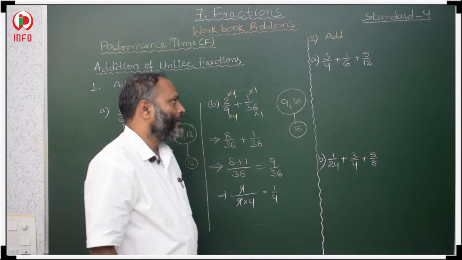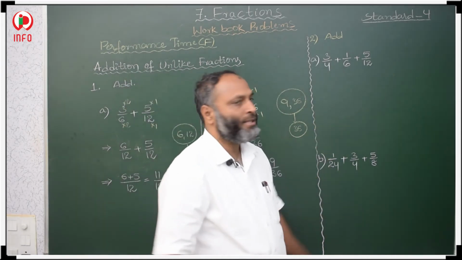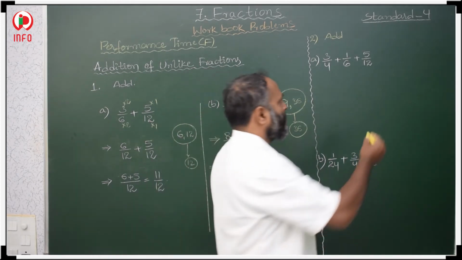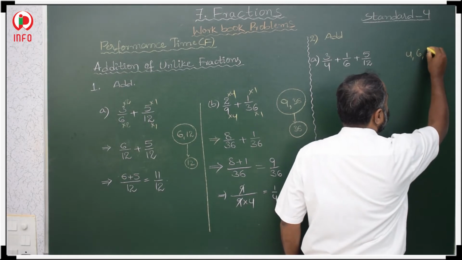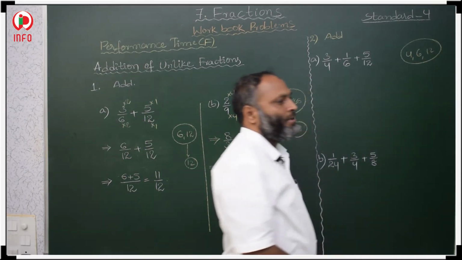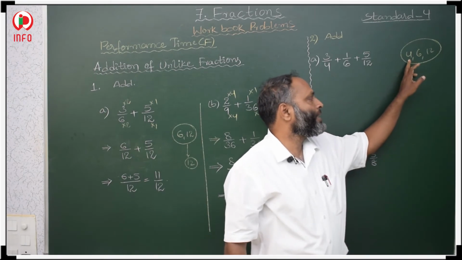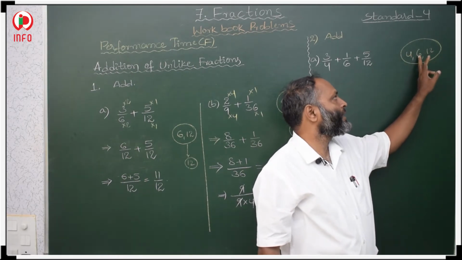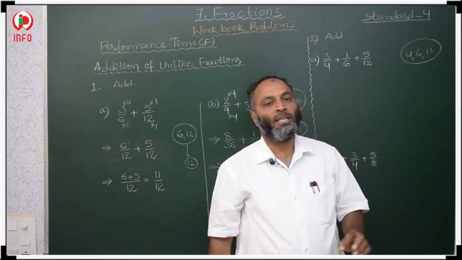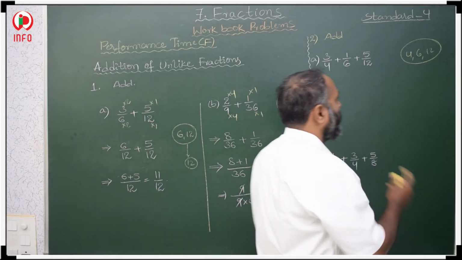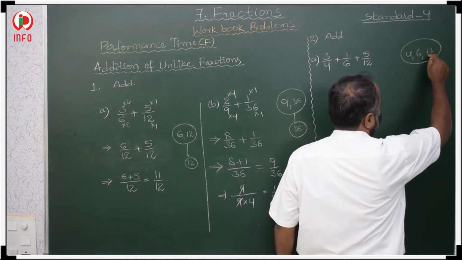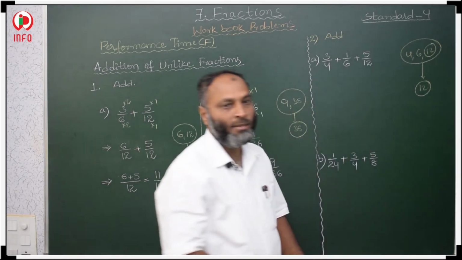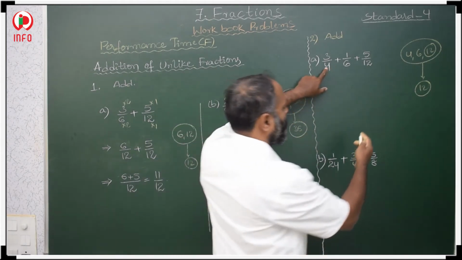Okay. Now, here also unlike fractions are given. Unlike fractions, how to add? The same procedure. Here, we have to find the LCM of 4, 6 and 12. Observe carefully: 4 is a factor of 12, and 6 is also a factor of 12. 4 3s are 12, 6 2s are 12. So both 4 and 6 are factors of 12. If two numbers are factors of a third number, the largest number is the LCM. 12 is the LCM.